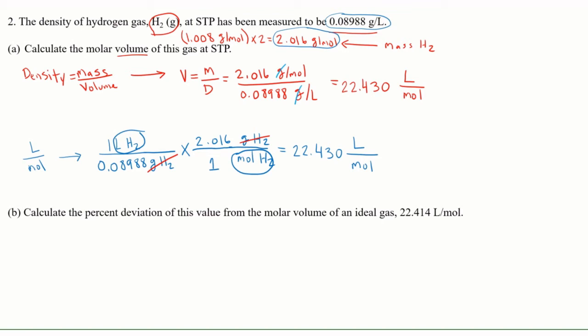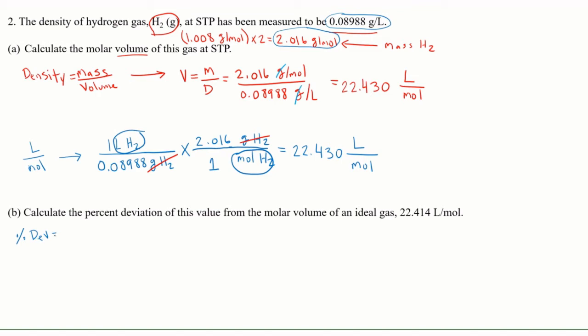Now, part B asks to calculate the percent deviation of this value from the molar volume of an ideal gas. And the ideal gas has a molar volume of 22.414 liters per mole. This is a value you should really memorize. It's a very useful number to know. First, what is percent deviation? Percent deviation is really another fancy way of saying percent error. So the equation for percent deviation